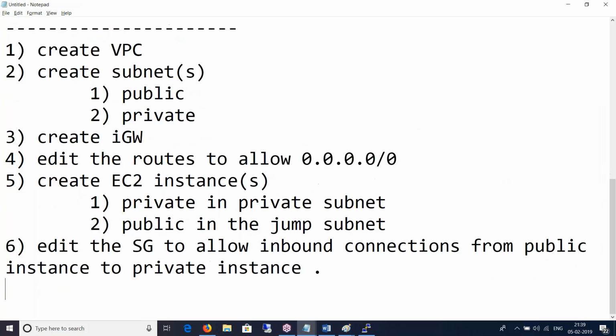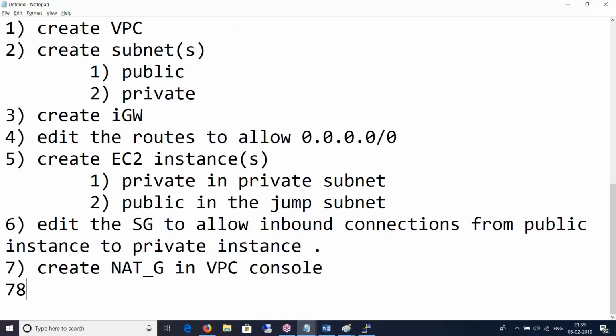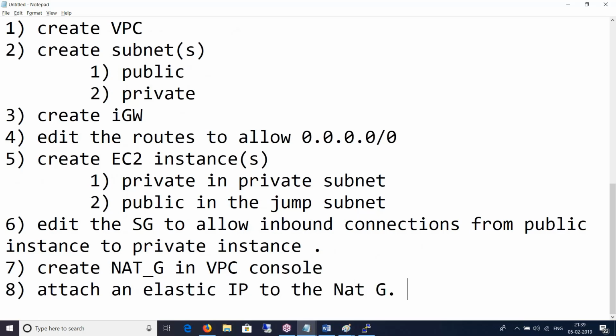And then the steps for the NAT gateway. Go ahead and create a NAT gateway in the VPC console. You will need an elastic IP, so you attach an elastic IP to the NAT gateway. This NAT gateway will be created in the public subnet, which is my jump subnet.